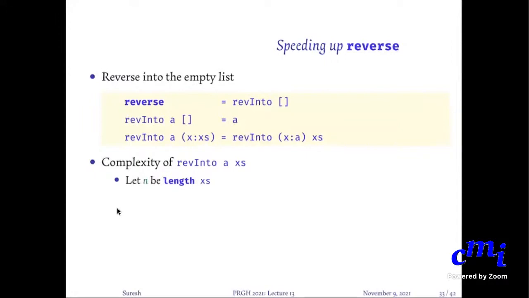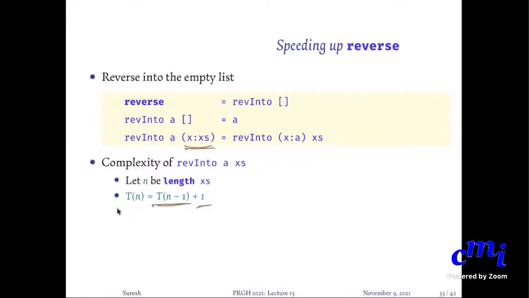Let n be the length of xs, then T of n, where the list is x colon xs, is nothing but you make one recursive call, that's all. So T of n minus 1. But before you make a recursive call, you modify the accumulator. This is the difference from a foldR method, where you make a recursive call, come back and do some modification. Here you are modifying an accumulator and then making a recursive call, but that is fine. There is only one recursive call. And how much effort do you need to modify your accumulator? Some one step, because you're just adding something using a colon. So your Tn is nothing but Tn minus 1 plus 1.